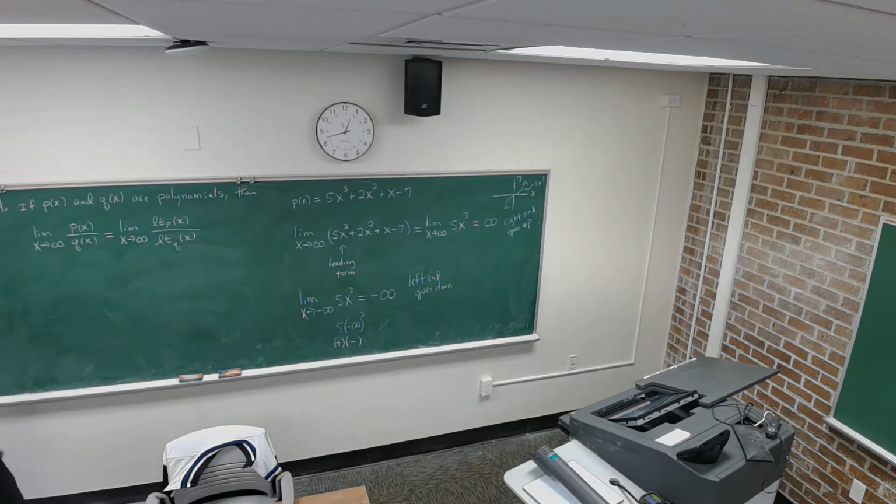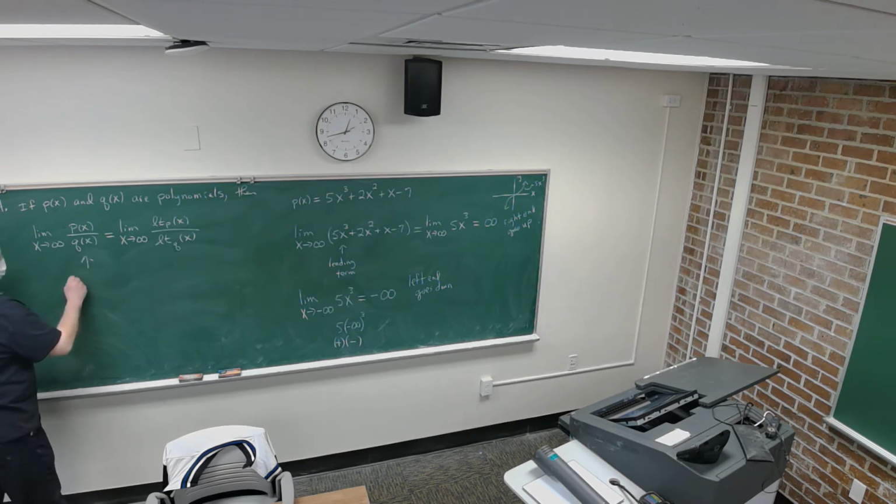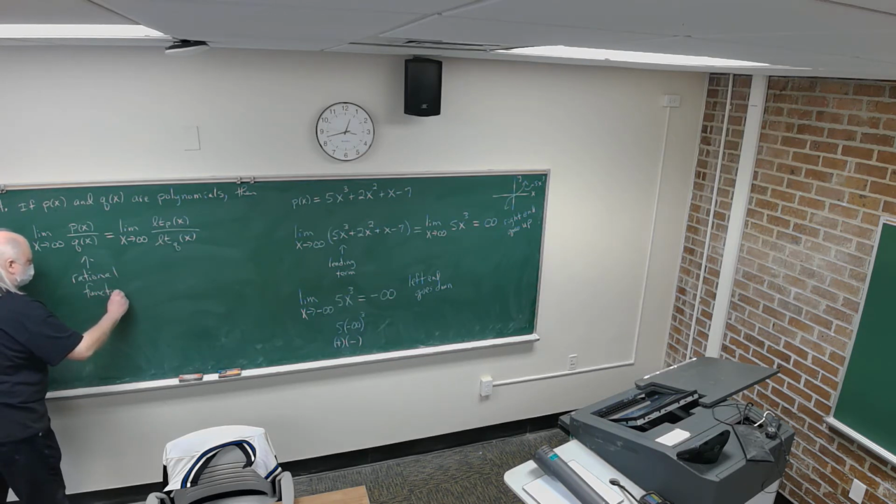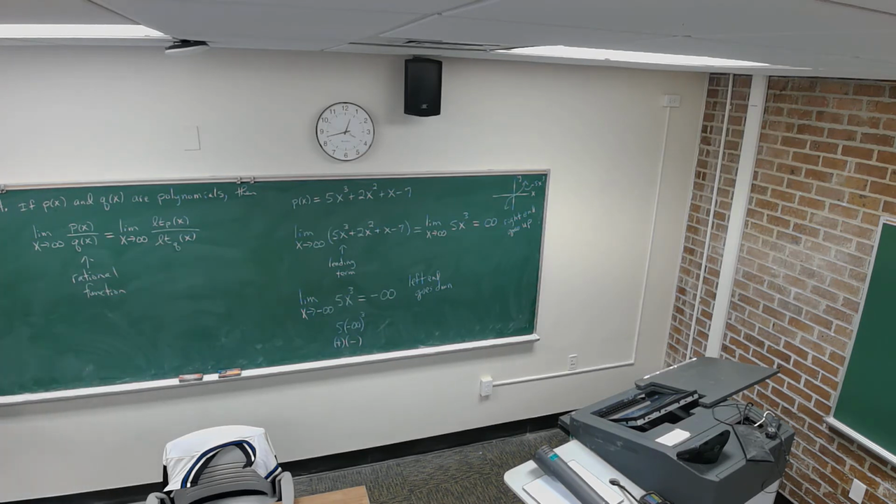All right. This you have also seen in pre-calculus, but not in terms of a limit. If p of x and q of x are polynomials, then p of x over q of x is called a rational function. We studied rational functions in pre-calculus. And rational functions may or may not have horizontal asymptotes. And so what this is saying,